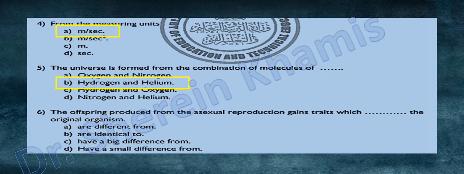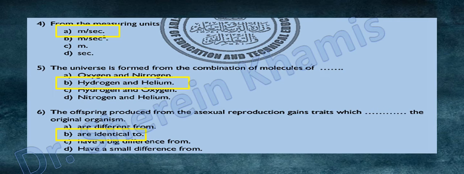We have question number 6. The offspring produced from asexual reproduction gain traits which, okay, the original organism. Here we have words opposite to each other. If we are talking about asexual reproduction, it does not gain any trait. Okay, it has the same traits as the original organism, so it will not gain any. This word conflicts, so the right answer will be identical